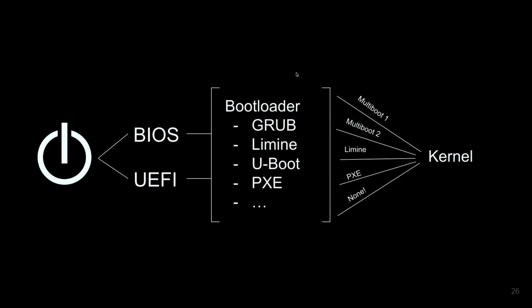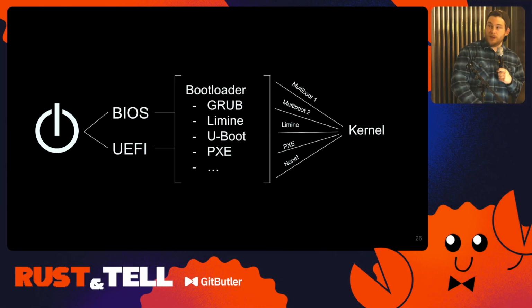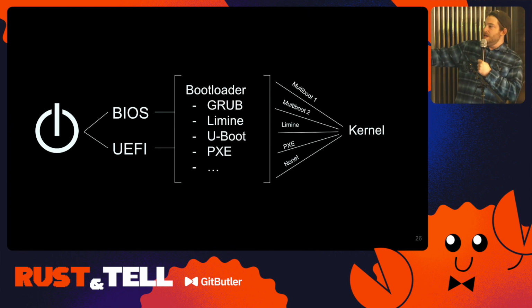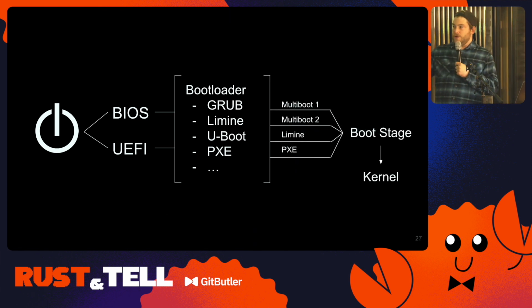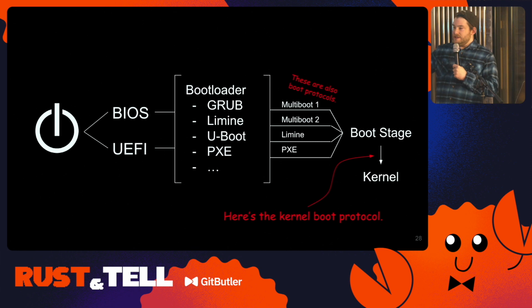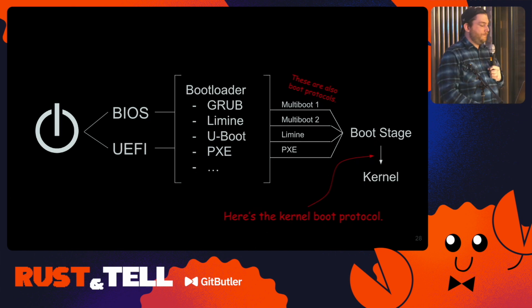So if we go back to our graph about the common pathway for boot, we go from this, the kernel-knows-everything diagram, to this decoupled diagram, where there are these individual boot stages, and then there's one protocol between the boot stage and the kernel. So here's the boot protocol. These are the data structures that our kernel understands and only needs to understand, and these are all the other boot protocols that we can support, right?